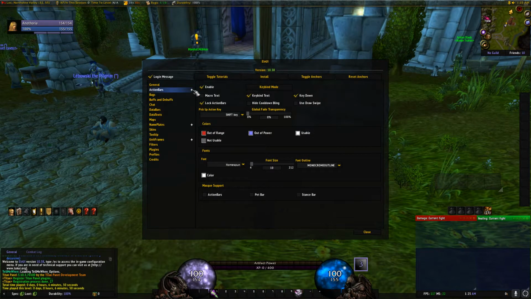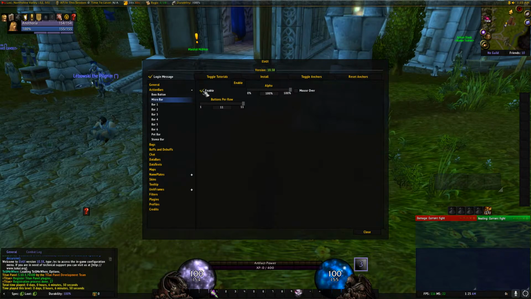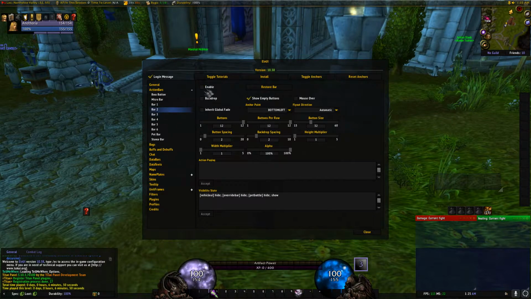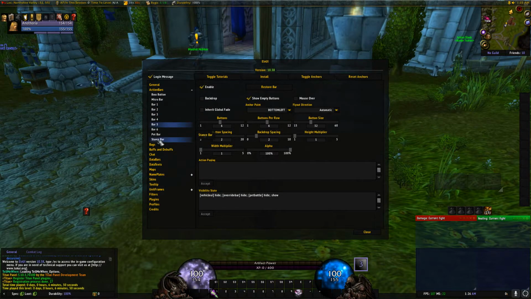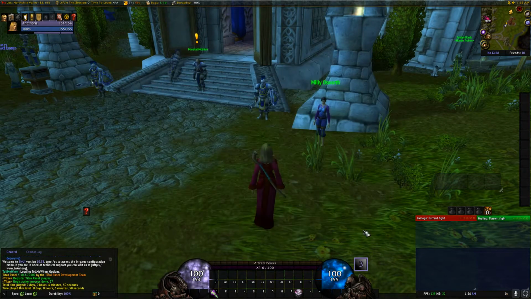Now we're going to action bars. And then we have the micro action bar, which we want to enable. Bar 1 is on, bar 2 we want to enable that as well. Bar 3 is there. Bar 4, bar 5, and bar 6 should be there as well. There we go. Now we have all the bars, and there's my key bindings because everything is saved in my account, but